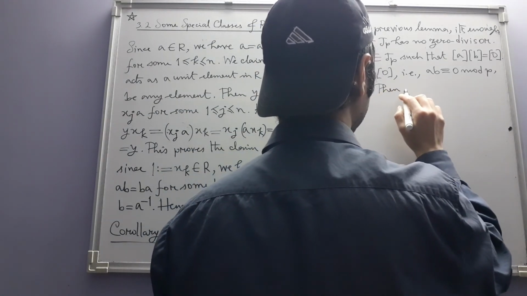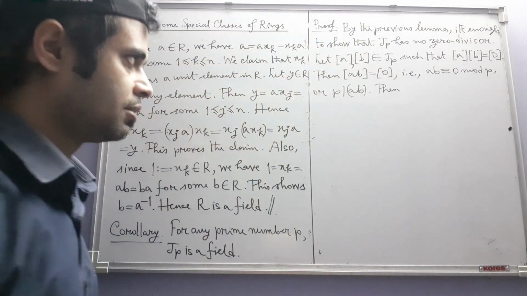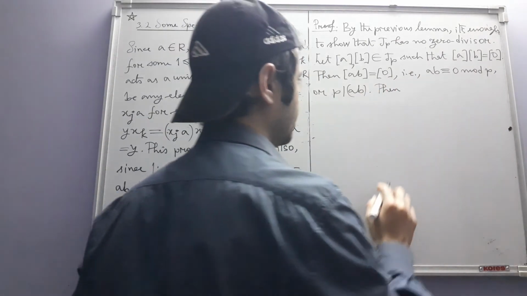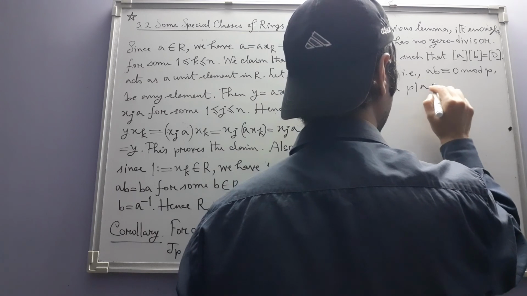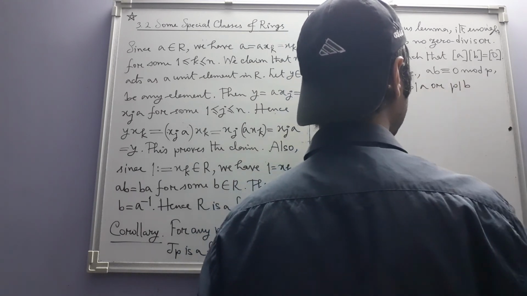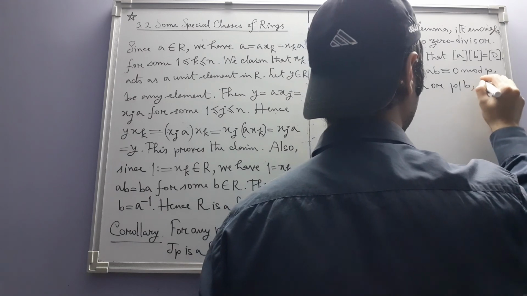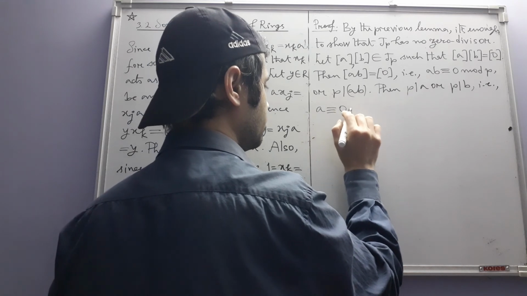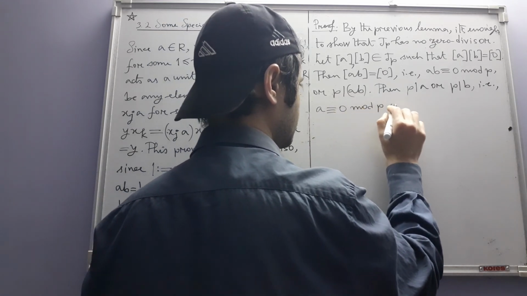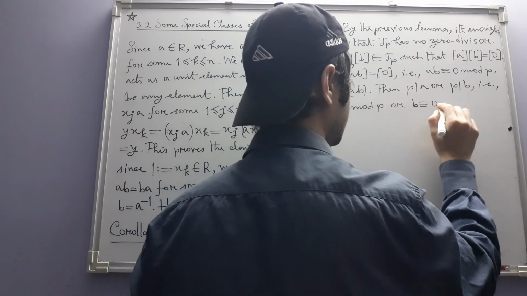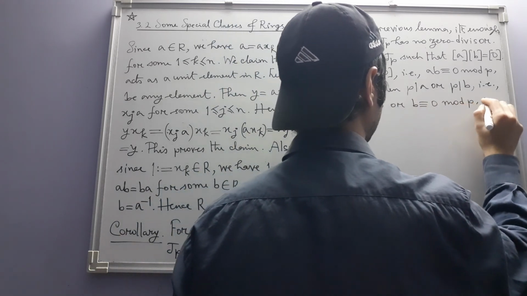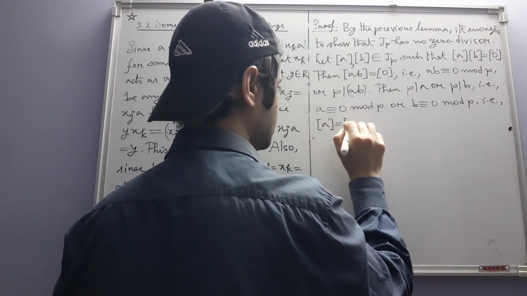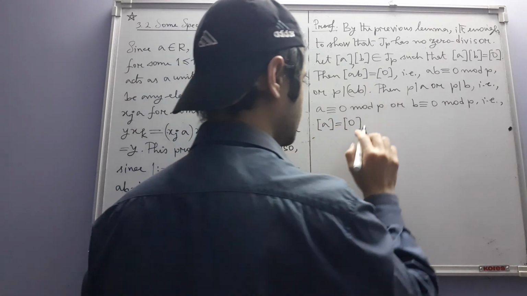Then by the corollary to that lemma, you understand what I am using here, P divides A or P divides B, that is, A is congruent to 0 mod P, or B is congruent to 0 mod P, that is, the congruence class containing A is the 0 congruence class, or